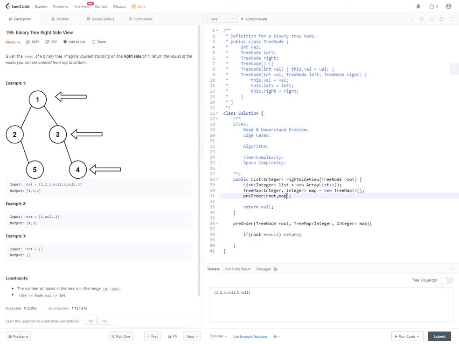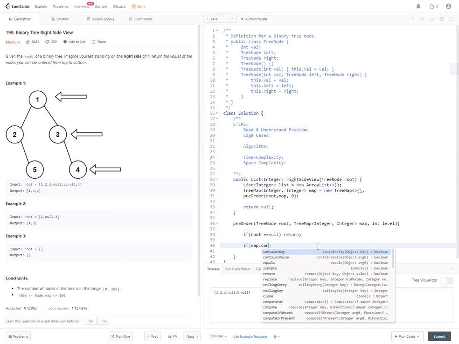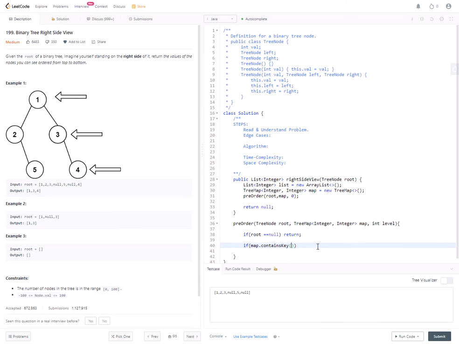I forgot the level, so here we'll just pass in 0, and then int level. So what we need to do is if map.containsKey level,